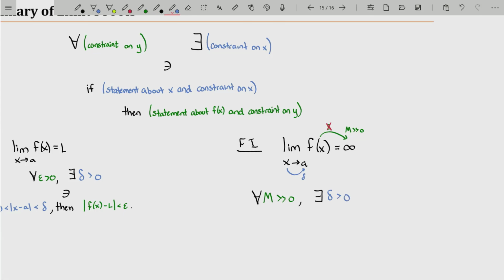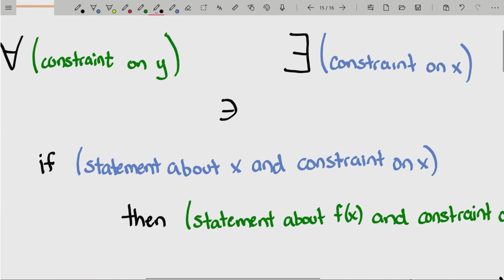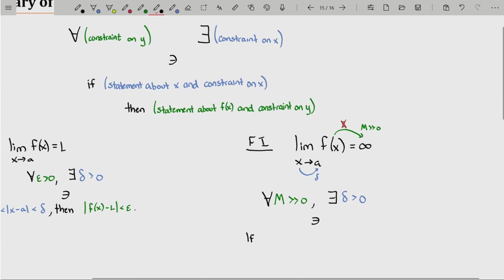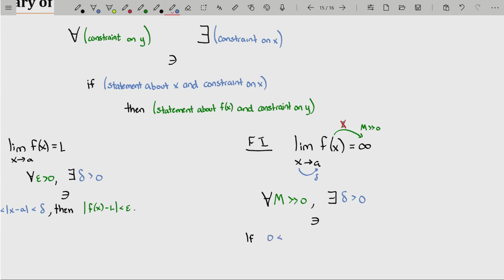So there exists a delta greater than 0, such that if, let's see, now we need the if statement here, which is a statement about x and the constraint on x. Remember, the constraint is delta. And our statement about x is that x is getting really close to a, and the distance between x and a has to be less than delta. So I'll just say that if the distance between x and a is less than delta, well then,